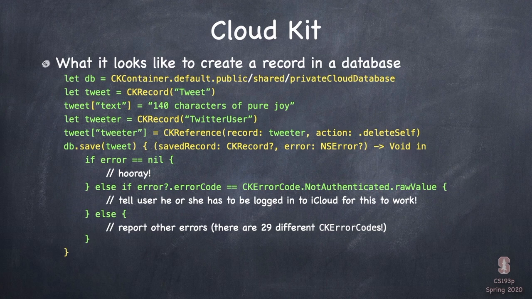But if the error is not nil, then you've got to start looking at the error codes and figure out what went wrong. And it's the network, so a lot of things can go wrong. There are 29 different, at last count, CKError codes. Now, you don't have to check every single one because some of them can't happen during a save. Some errors happen in other things. But if you're really shipping your app, you'd want to check all the ones that could reasonably happen here and decide what your app is going to do